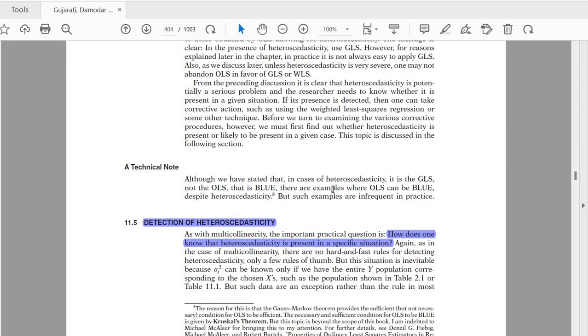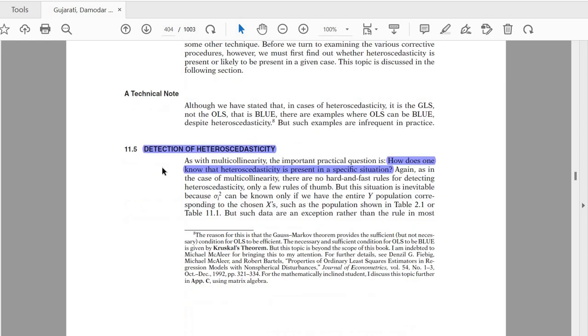Although we have studied that in the case of heteroscedasticity it is GLS, not the OLS, that is BLUE, there are examples where OLS can be BLUE despite heteroscedasticity, but such examples are infrequent in practice. तो ये एक छोटा सा नोट है टेक्निकल, इतना इंपॉर्टेंट नहीं है आपके पर्सपेक्टिव में क्योंकि हम बहुत हाई लेवल पे नहीं जाएंगे. अब है नेक्स्ट टॉपिक की डिटेक्शन कैसे करनी है, पता कैसे चलेगा कि मॉडल में हेट्रोस्कैडेस्टिसिटी है